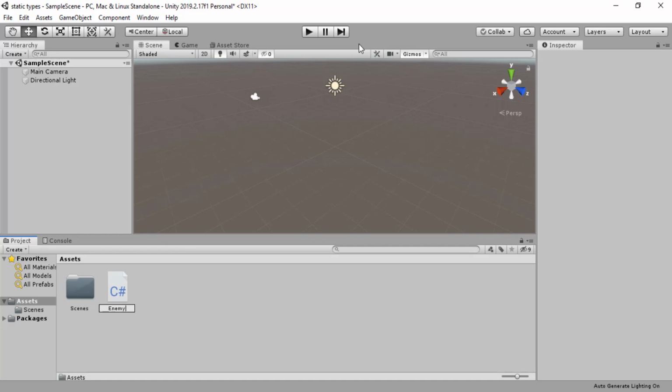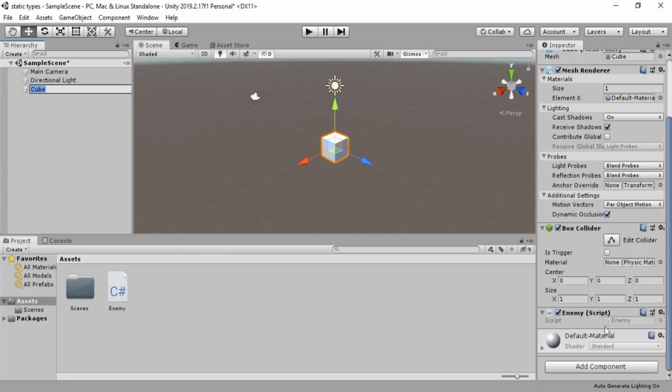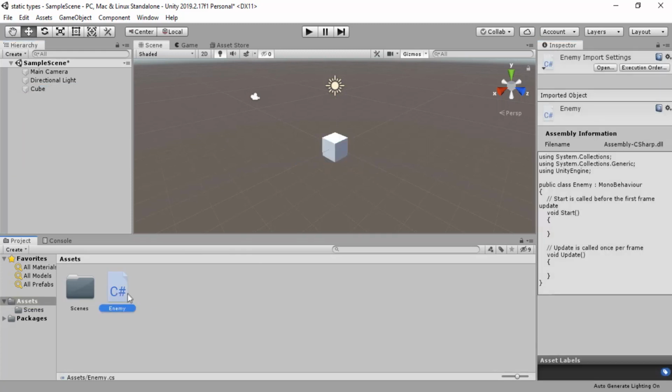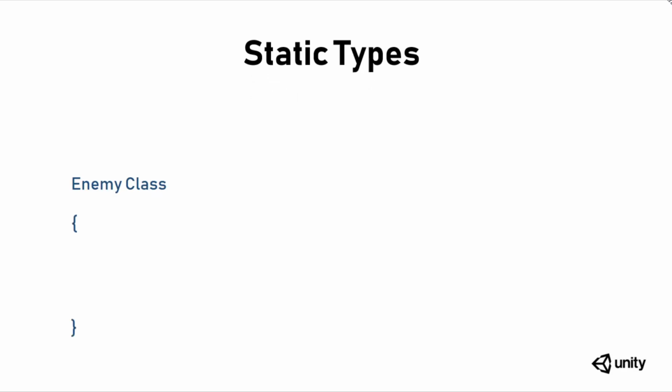Now if we create a new enemy class in Unity, our class will be a type. But if we create a game object and apply our enemy script to it, our script will be just an instance. There are two things: the original script that we're gonna call a type, and the instance over here. Now when we add static in front of a variable or a method, it belongs to the type instead